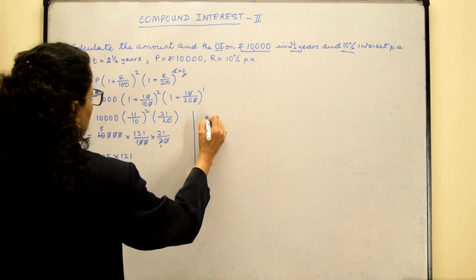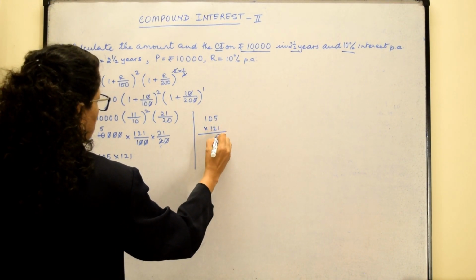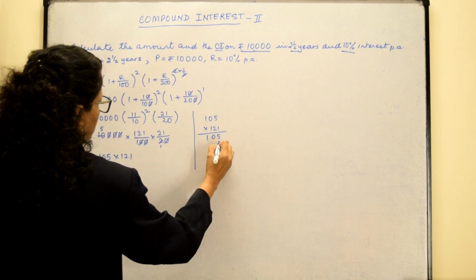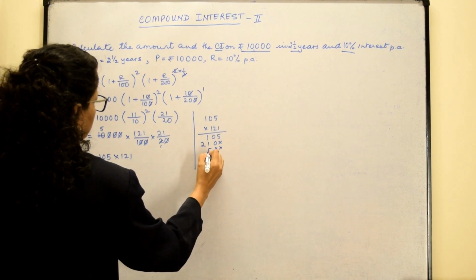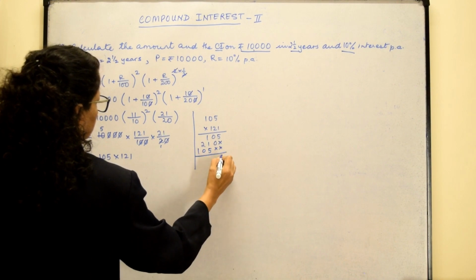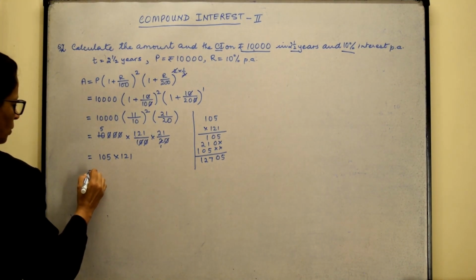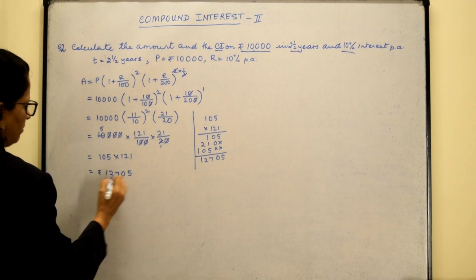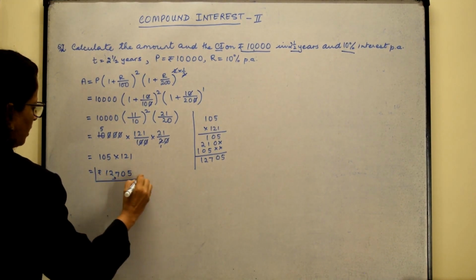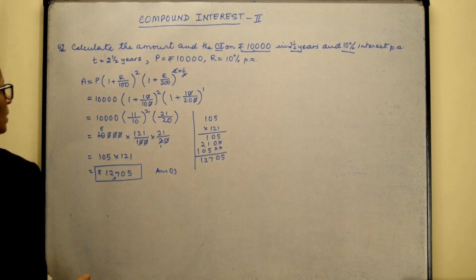Let us take 105 multiplied by 121. Now let's multiply by 2. 2 5s 10, and multiplying again by 1. And so we have rupees 12,705. That is our answer 1, because you were asked to find the